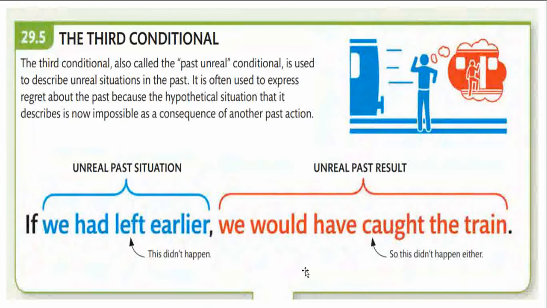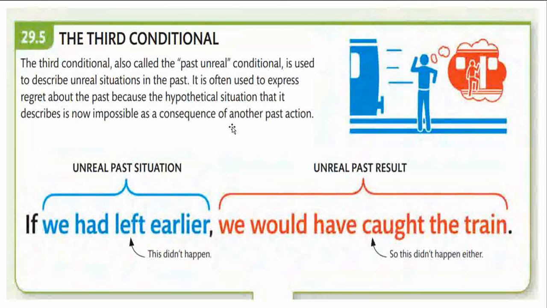The third condition is the third conditional, also called the past unreal. Past unreal means you cannot go into the past and change anything, and that's why the present cannot be changed. It is used to describe unreal situations in the past. It is often used to express regret about the past because the hypothetical situation that it describes is now impossible